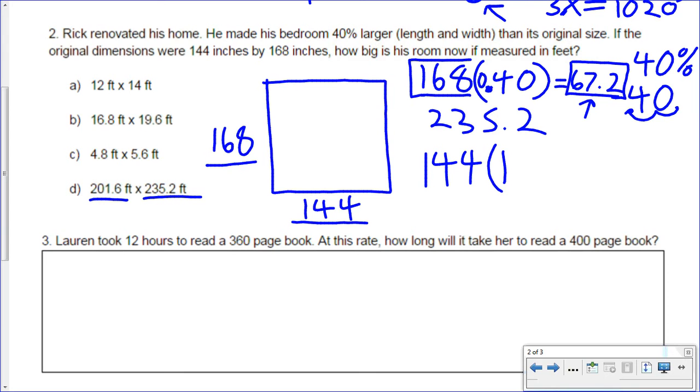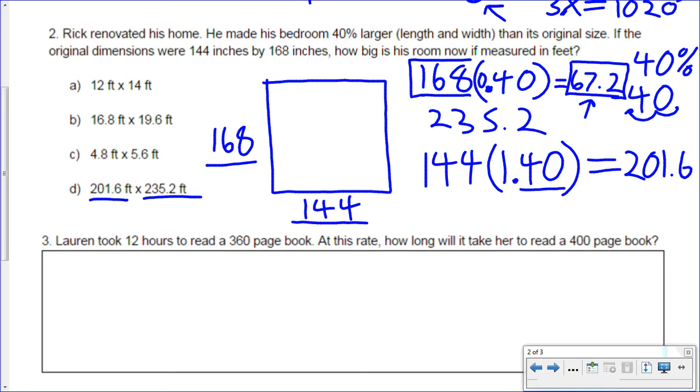We just go ahead and multiply it times 1, but then we add in the 40%, so it's actually going to be 140%, or 1.40, okay? So you just take whatever percentage, we converted it to a decimal, you tack on a 1 whole number, and then it's 1.40 times 144, or 144 times 1.40, and what we have is